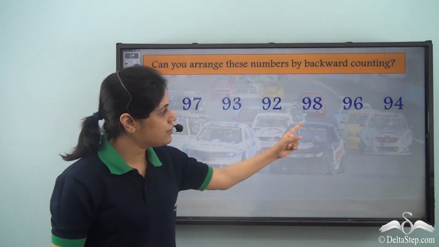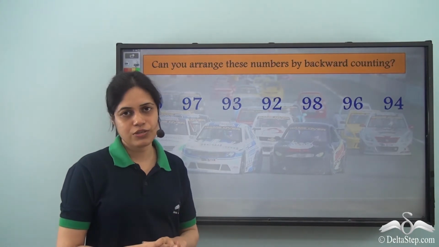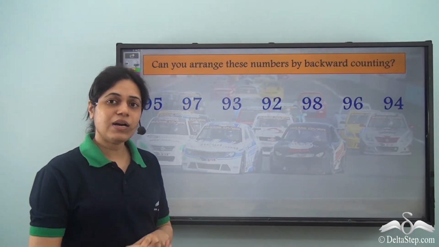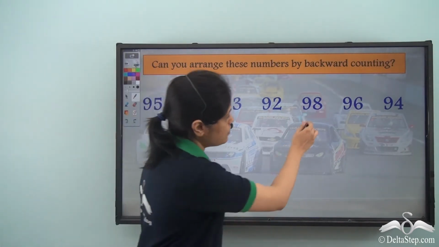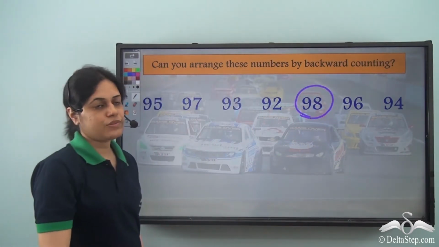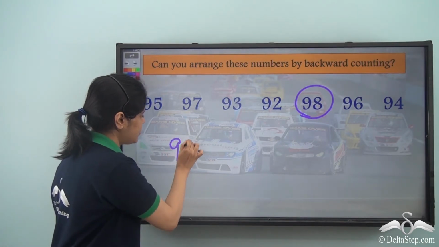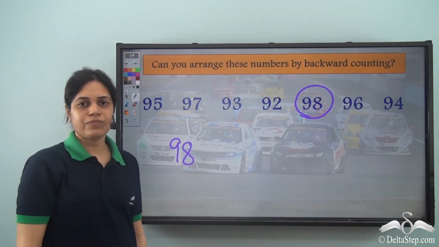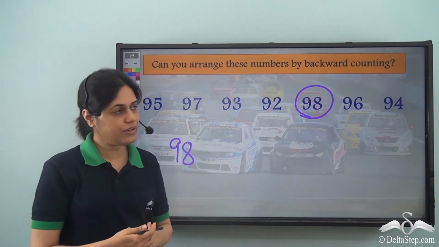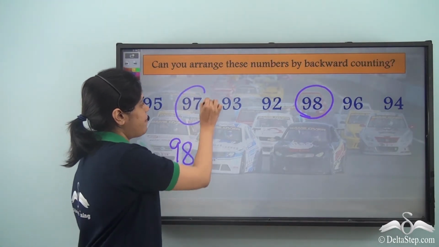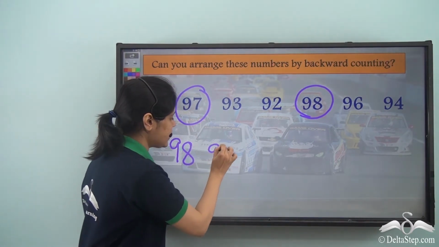Is 99 here? It is not. Then what comes before 99? 98. So 98 is here. So we start with 98. What comes before 98? 97. So one step backward from 98 will be